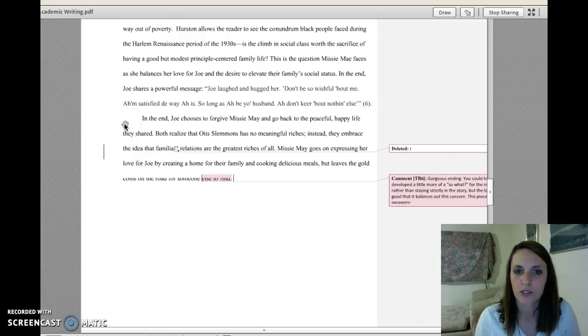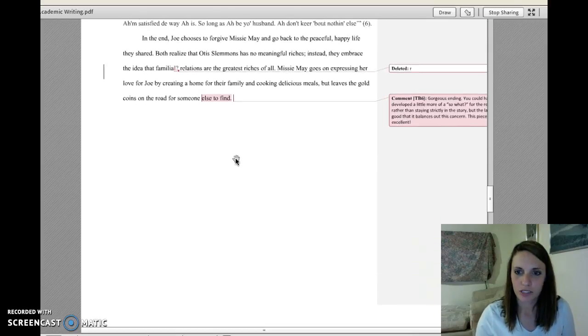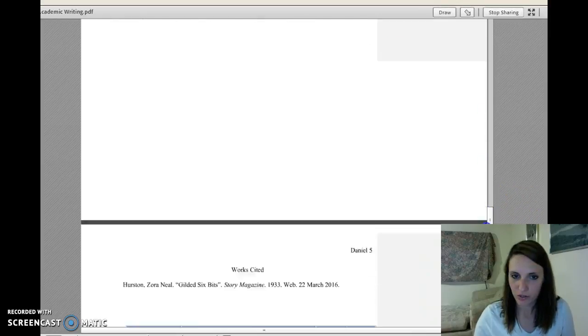In the end, Joe chooses to forgive Missy May and go back to the peaceful, happy life they shared. Both realize that Otis Lemons has no meaningful riches. Instead, they embrace the idea that familiar relations are the greatest riches of all. Missy May goes on expressing her love for Joe by creating a home for their family and cooking delicious meals, but leaves the gold coins on the road for someone else to find. Anyway, and then she's got the works cited page after that, so you can kind of see the